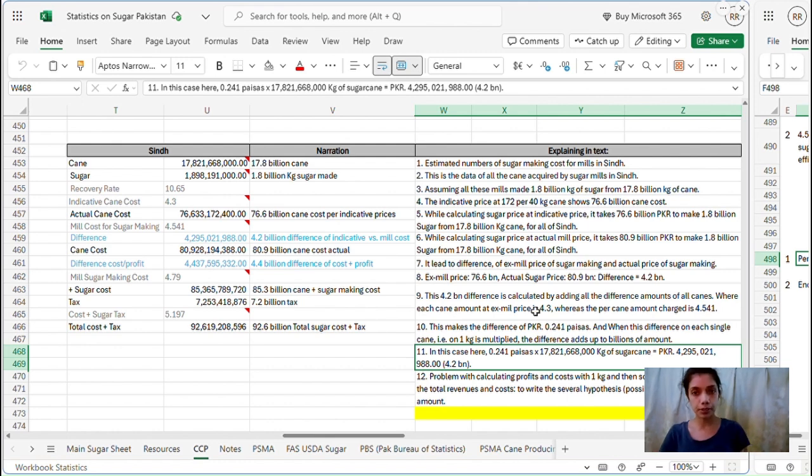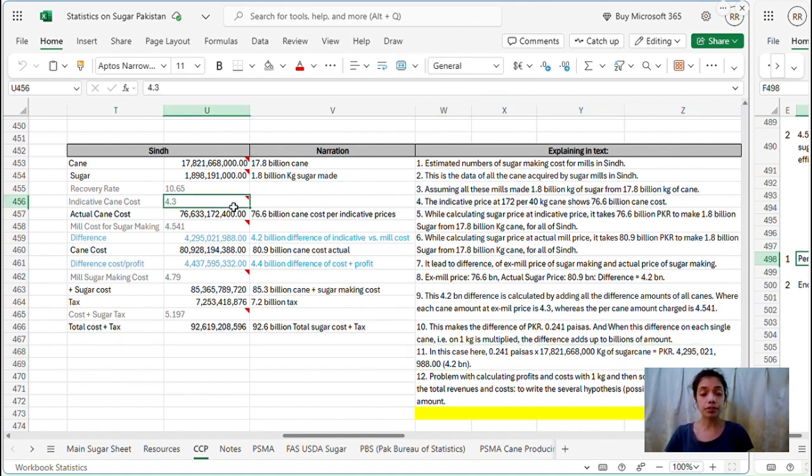So this is the end, and irrespective of this, I also concluded here with reference to the sugarcane recovery rate price that we did, the 4.751, where we included the sugar recovery rate and did more calculations in the reverse calculation to get a robust number. Also, this 10.65 sugarcane recovery rate would not be the same for all